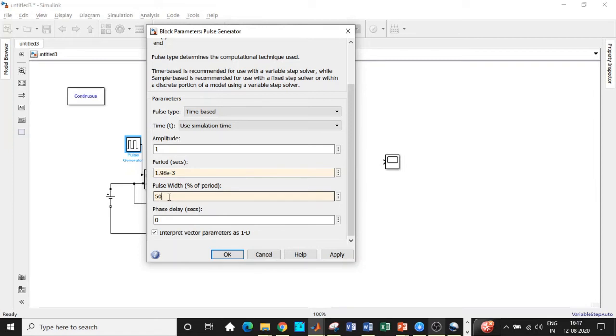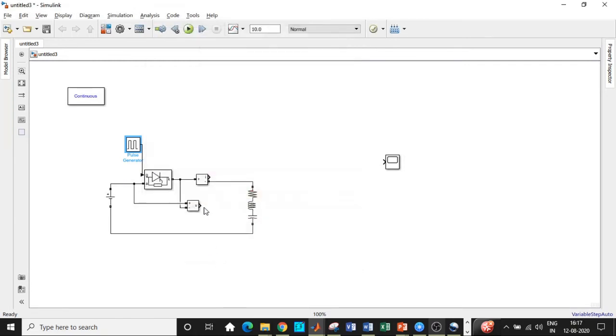So for 50% of the cycle it should be on, and 50% of the cycle it should be off. Whenever it is going into the off condition, I mean when the pulse is not given to the thyristor, that is the point when the voltage built at the load will be greater than the supply, and it will turn off the thyristor eventually. So once this is done, click on OK. I'll be connecting the ammeter at this point and the voltmeter at this particular point. Both of them can be seen at a time.